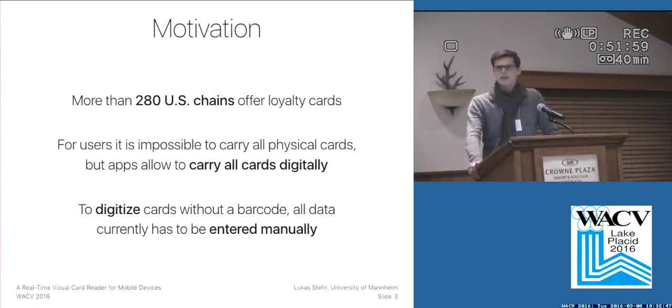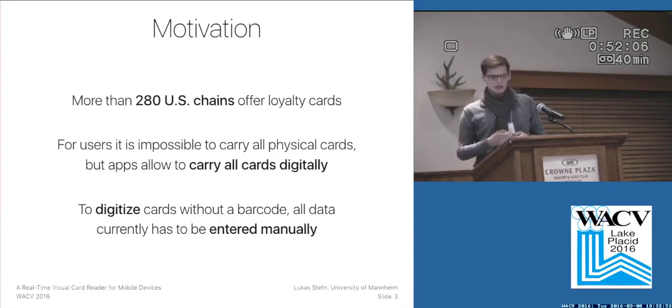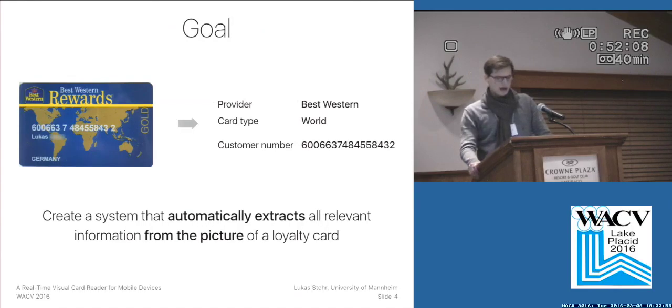But for cards where you don't have a barcode, currently you have to enter all this data manually, like enter your customer number and the card type. So our goal is to create a system that automatically extracts all that relevant information from the picture of a loyalty card. And then you get the provider, the card type, and the customer number,